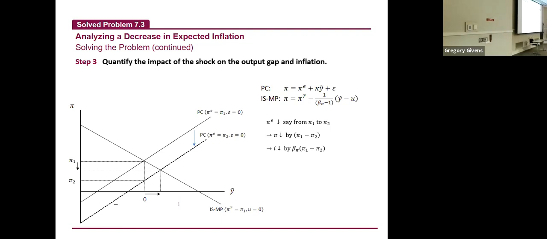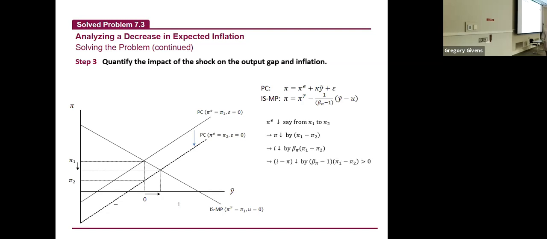Well, if pi falls by 1% and the nominal interest rate falls by 1%, then what happens to the real interest rate? Nothing, right? But if the nominal interest rate falls by more than inflation, then the real interest rate declines. If the nominal interest rate falls, but not by as much as the fall in inflation, the real interest